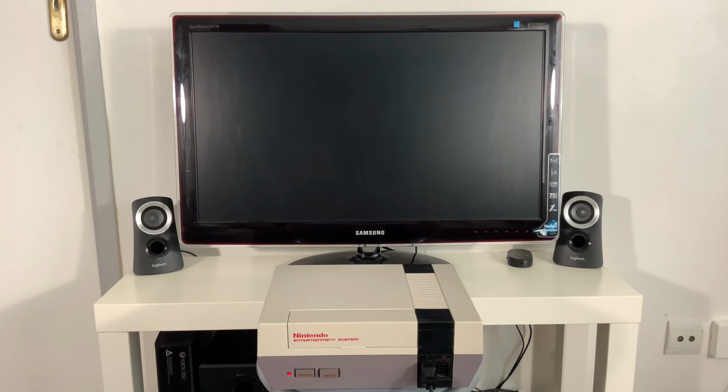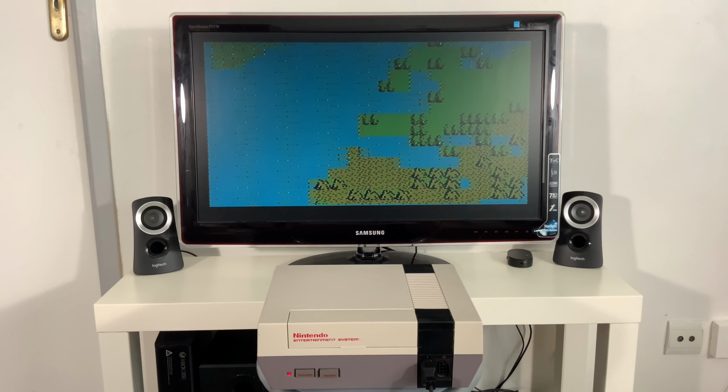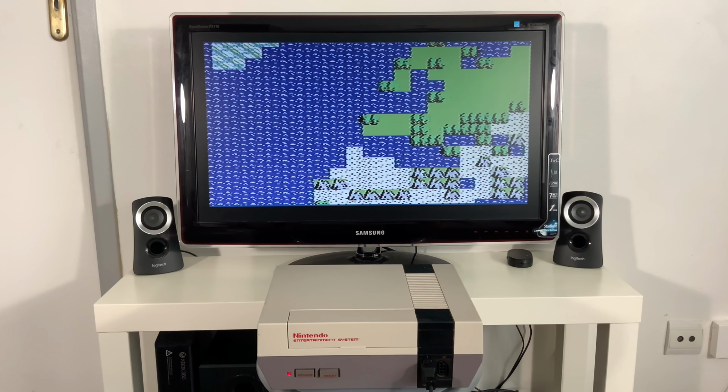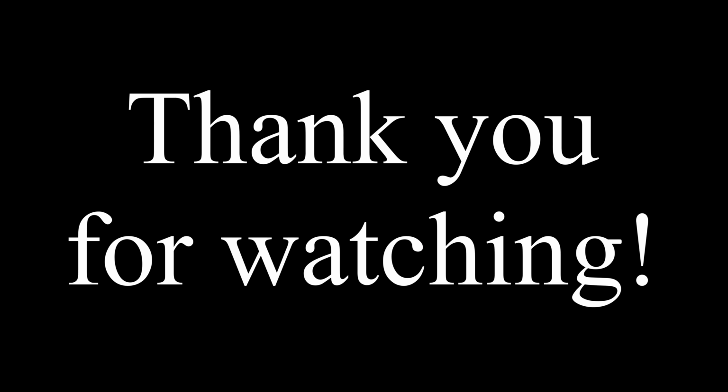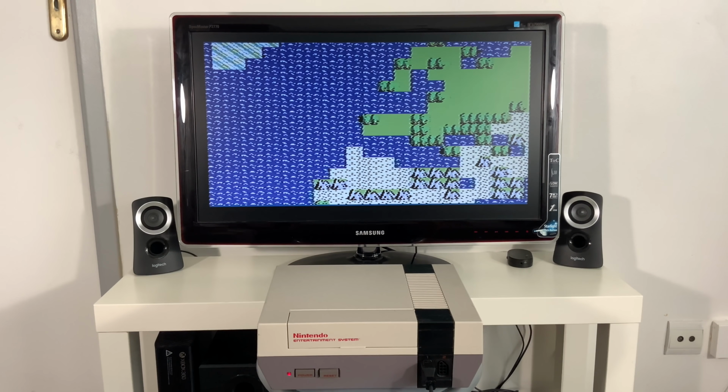A few more seconds and it will be ready to go. Great! Look how beautiful our planet is in the 8-bit world. And that's it, guys. Bye. Actually, not, it's just the beginning.